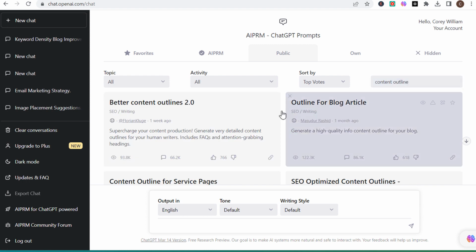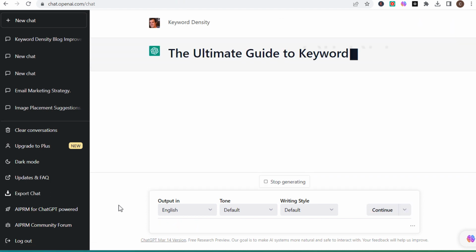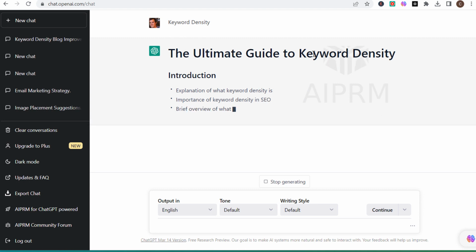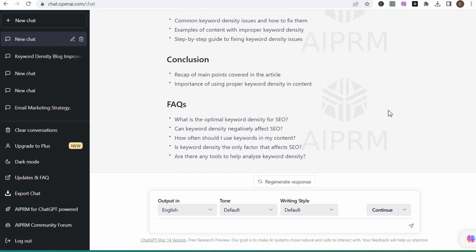So the content outline that I use is Better Content Outlines 2.0. So we're going to take this one. You can insert any topic here. So let's just stick with our same topic of keyword density since we've been using it throughout the video. Use keyword density, and you're going to see the ultimate guide to keyword density, and they're going to give us a blog post outline. Okay, so first things first, using this content outline for basically any topic that you're covering